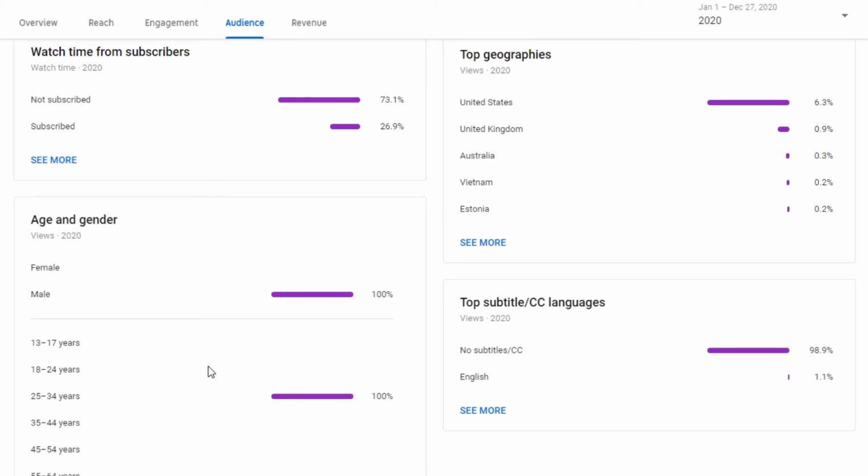I'm not sure where they get all their data, and if you have a bigger channel, you've got more data points and you can see more data like this, that would be more informative. But it could allow you to approach things in a different way. Especially if I find out that I've got a lot of French viewers, right? Maybe I work towards having French subtitles or something. You could use that to drive how you try to make things more convenient for your audience. Obviously, not too much to be learned here.